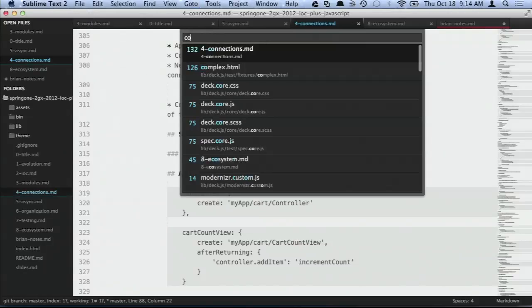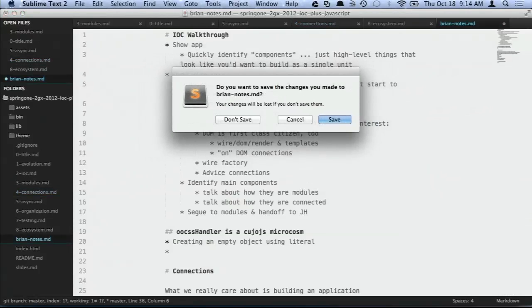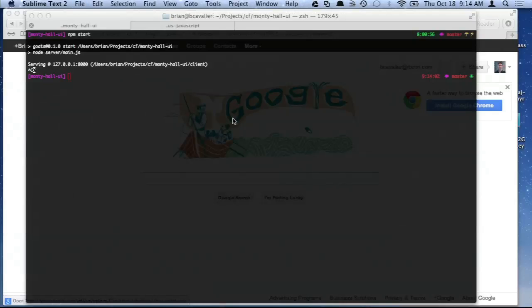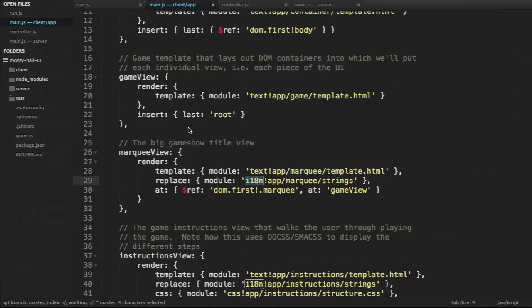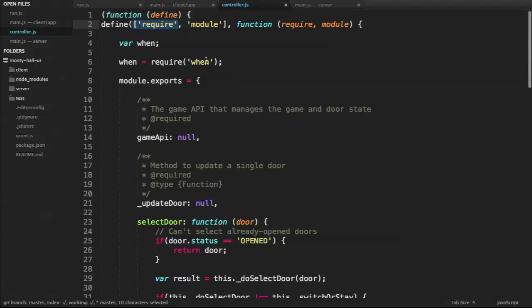Just close that. Controller. Not my machine. Oh, there it is. Okay. All right. So let's find the controller. Here's the controller, and